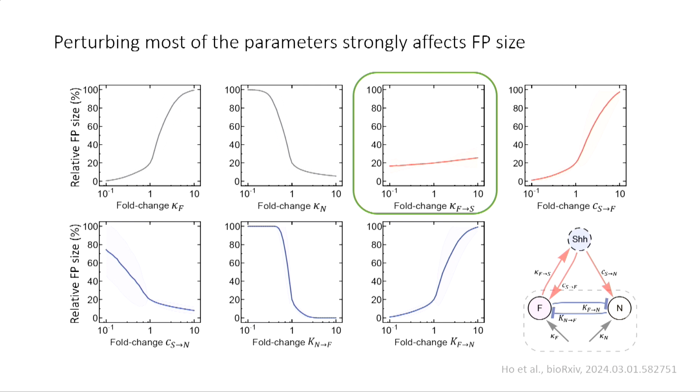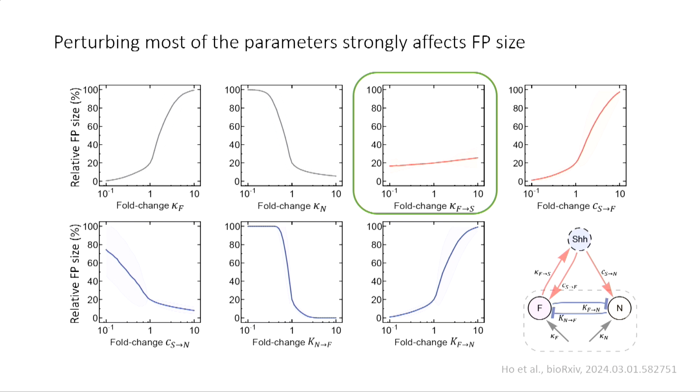If you increase this one, so how much Sonic Hedgehog affects the floor plate, it also gets higher. If you increase the inhibition, it gets lower. Sometimes it's a very steep response of the floor plate size to the perturbation. But there was one parameter, basically the production of the Sonic Hedgehog by the floor plate, that very weakly affected